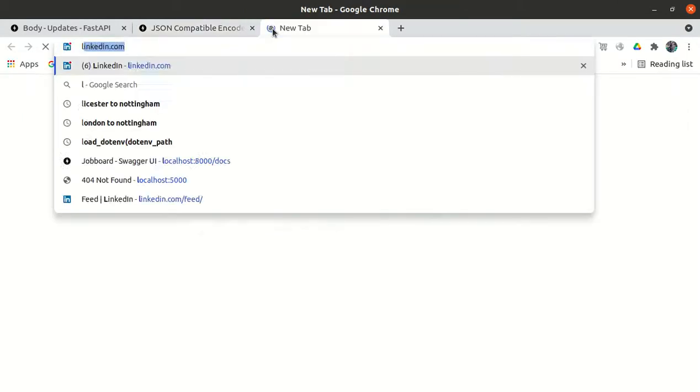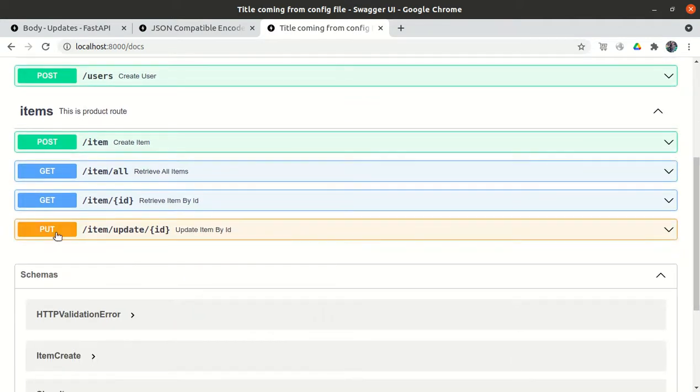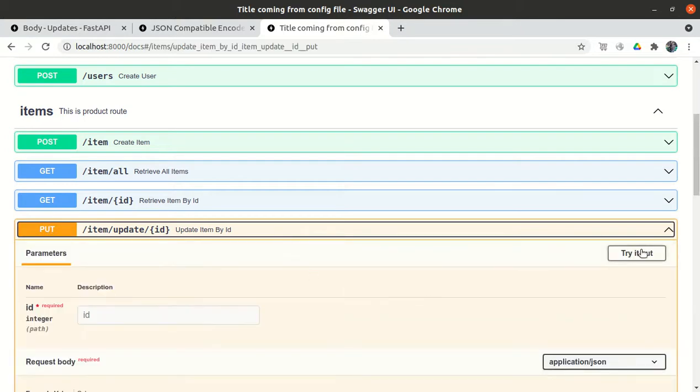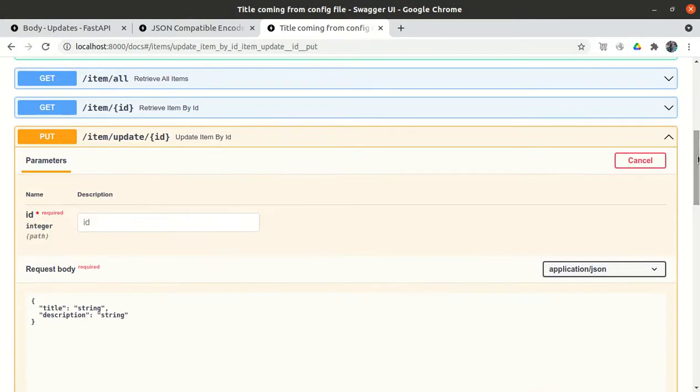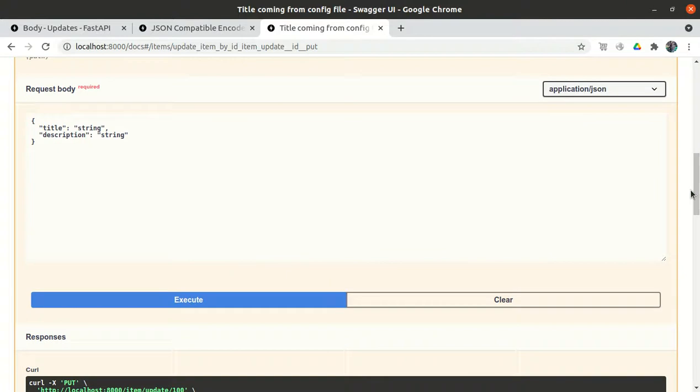If I go to localhost:8000/docs, we can see one more PUT path. If we try it out, let me try it for item 100, which hopefully doesn't exist. Let me execute it.